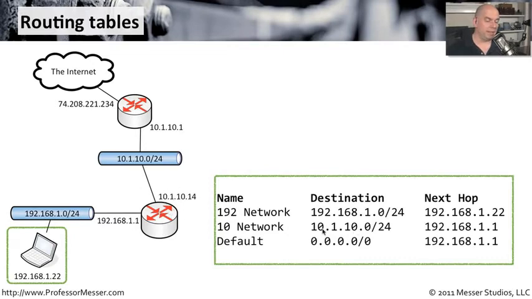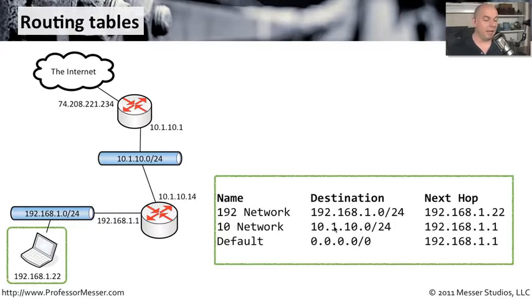dot network. That means that if it needs to go to 10.1.10.0/24, the next hop is going to be this router, and the interface on this router has an IP address of 192.168.1.1. Now, there's also a default route that I've put here so that you could see that this workstation, if it needs to go anywhere else, which means that it can go to 0.0.0.0/0, which means anything else out there, you simply need to go to 192.168.1.1. And because that's a local router, that's the place that that workstation will go to get out to that